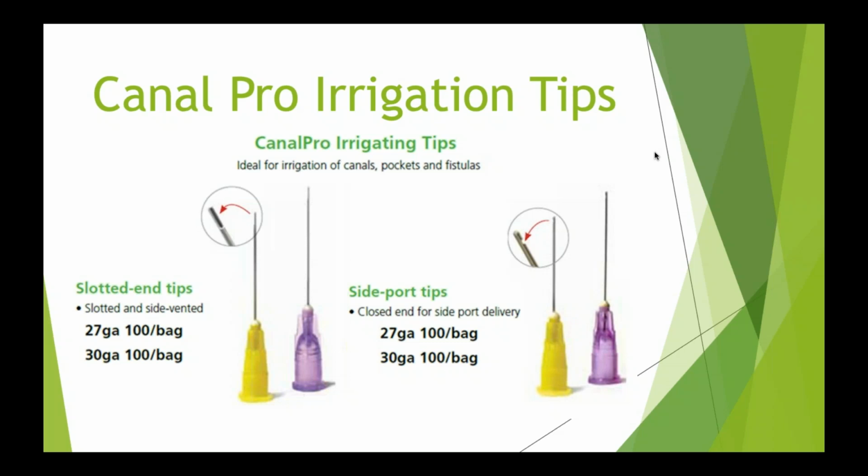There's one type that's called a slotted end tip, and the availability is either 27 gauge or 30 gauge, and traditionally it's a large quantity, 100 in a bag. Or then we have what we call side ported tips, which is basically a closed end where it's got a little port on the side. And I think the key for us here